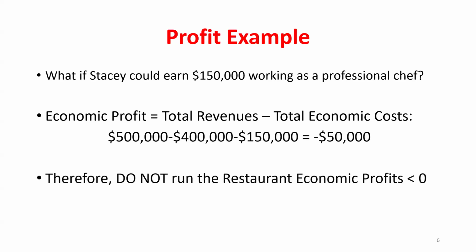Now, just to get at these concepts, let's say instead of making $150,000 for someone, I'm in Bloomington. Even if I work for a good restaurant, I can only make $50,000. If my implicit costs are lower, what's going to happen to my economic profits? They're going to go up, right? My opportunity costs are lower. Those are factored into my economic profits. My economic profits will be higher.